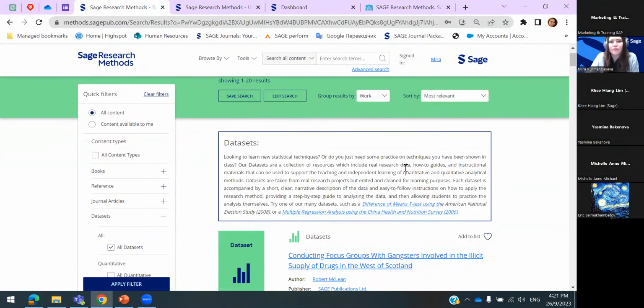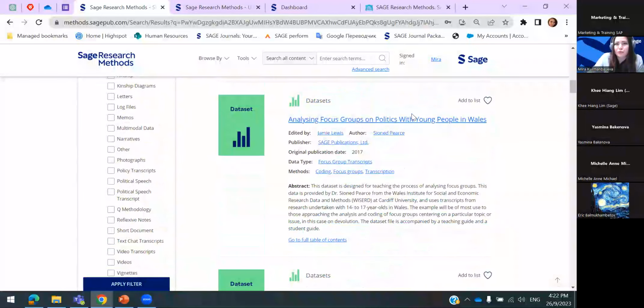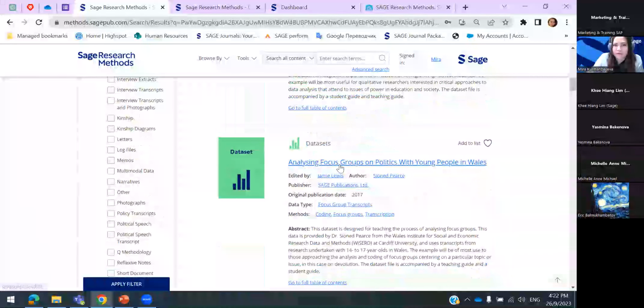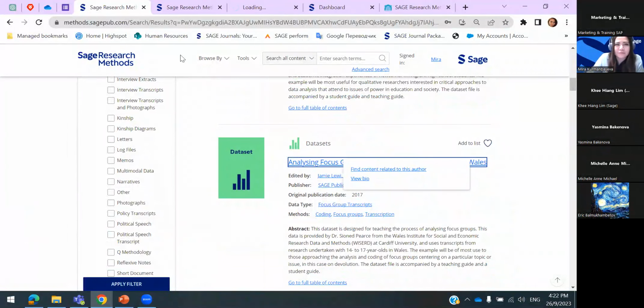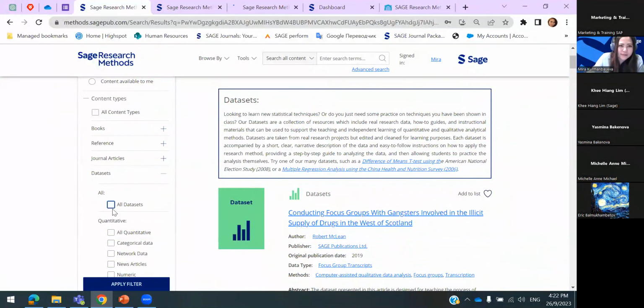Whether you need some practice on techniques you have been shown in class, the data sets collection includes real research data, how-to guides, and instructional materials that can be used to support teaching and independent learning. This is also a good example for you to see. So let's say I like one of these, just any of these data sets. We will also open that in a separate tab. I'm going to untick data sets now, and I'm going to show you cases as well